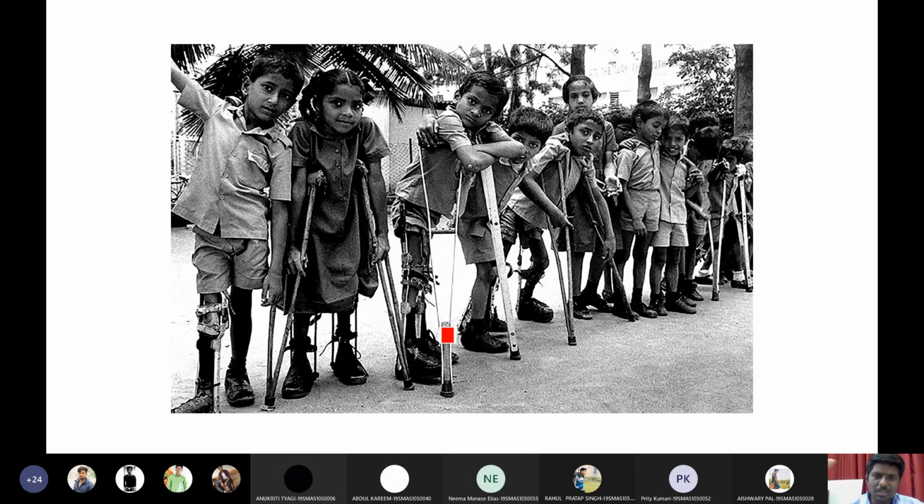So just imagine how deadly this virus is. It will cause permanent nerve paralysis. There is no treatment for polio paralysis. There is no treatment for any neurological disorders actually. We cannot repair any neurons in the body. That is a highly challenging task. So once the nerve is paralyzed, we can't do anything. These are a few children who are affected by polio.